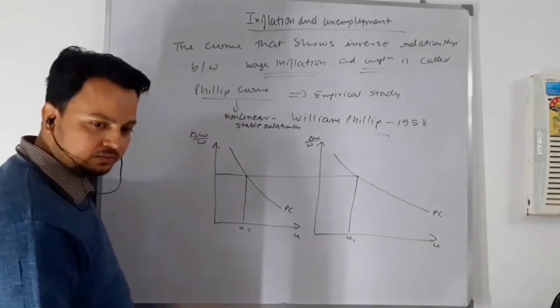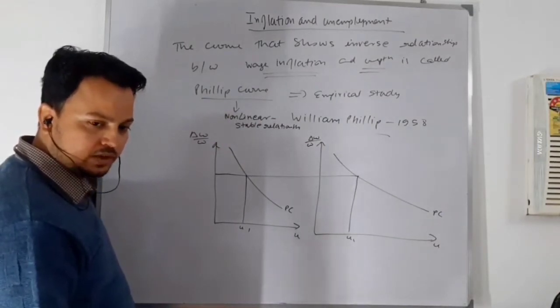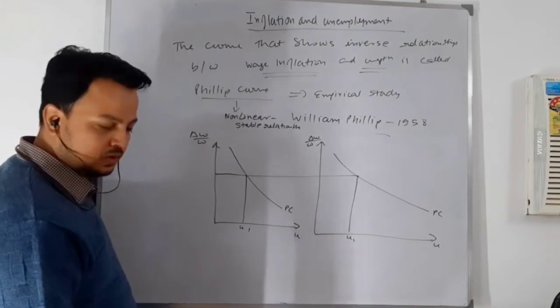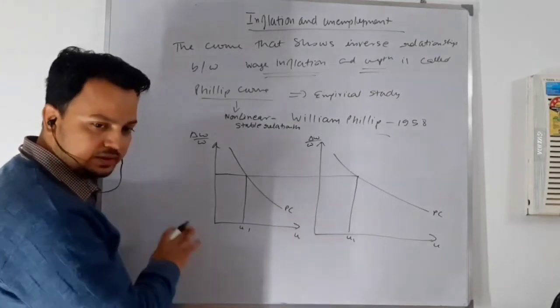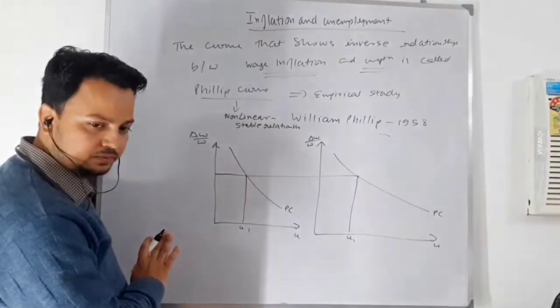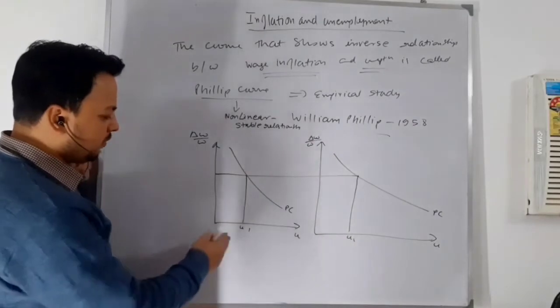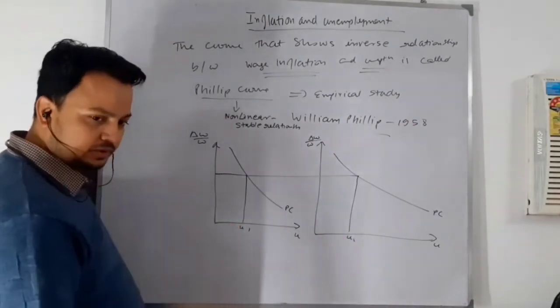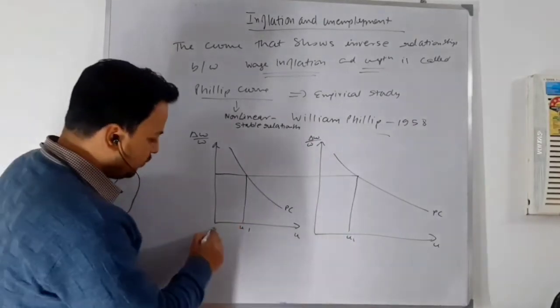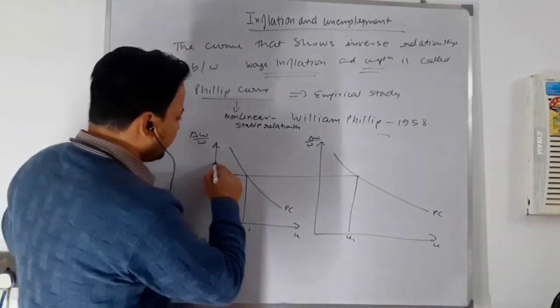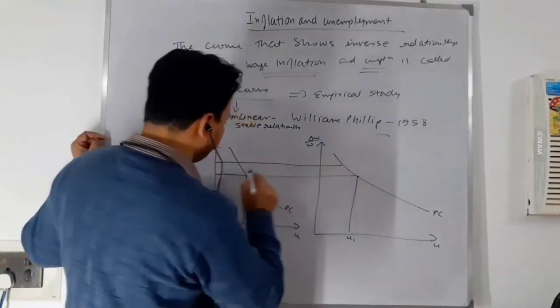Is this clear to everyone? Yes, no? Suppose this is clear, this is clear or not? What am I doing? Suppose the government wants to reduce the unemployment rate in the economy. It has to move this side. So for the given change in wage rate,